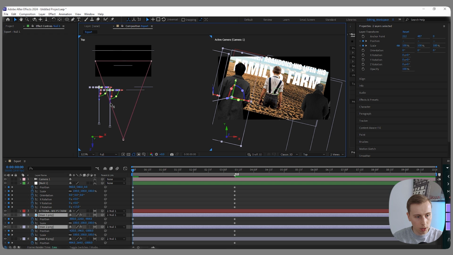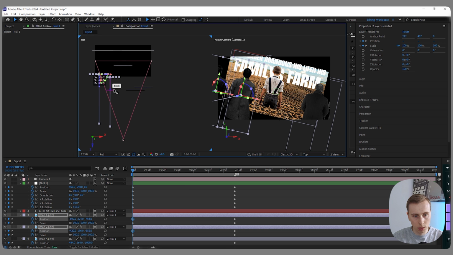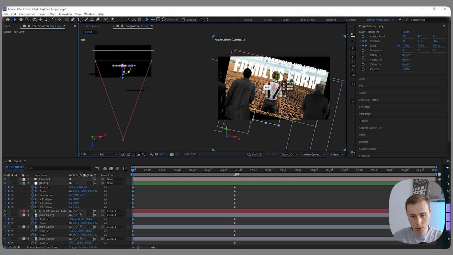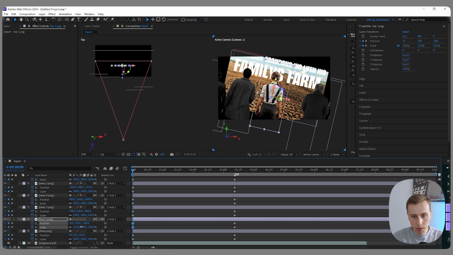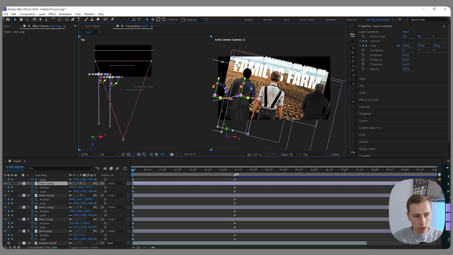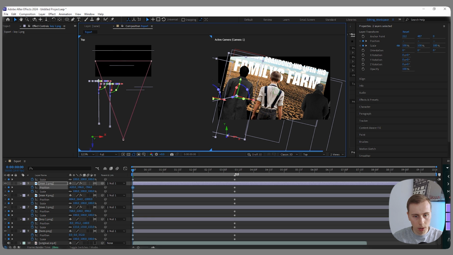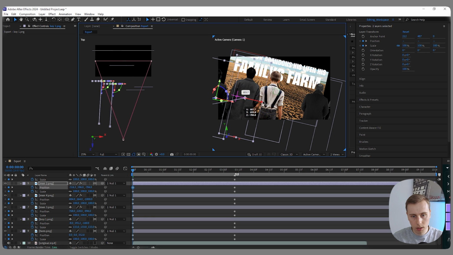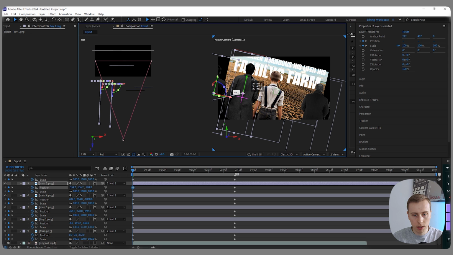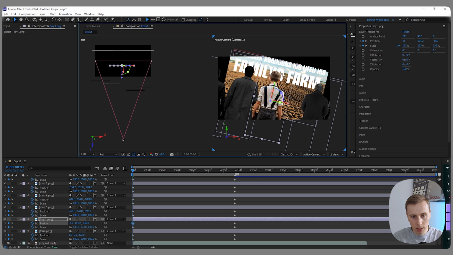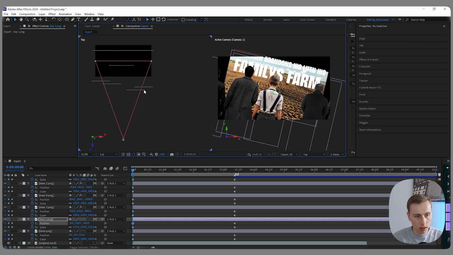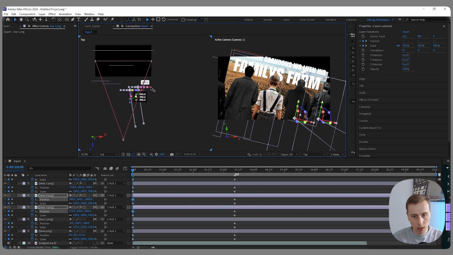So we want these 2 guys to be visible, so we want them closer. I think like that. We can put this guy a little lower. The boy, we can put him lower and we can also change his scale, make him bigger. Okay, like that. We actually want these 2 guys to be further away from the boy and move them a little to the right. So change the X position, maybe too much. Something like this. And at the start I think they should be higher than the boy, so I would say something like this. We can put the boy lower and now the other 2, so move them to the left,